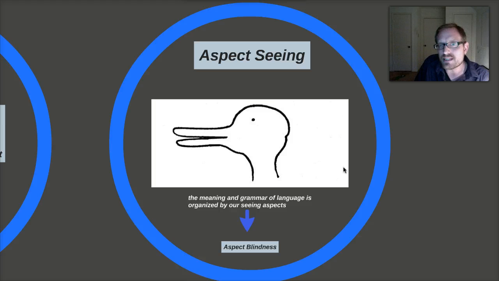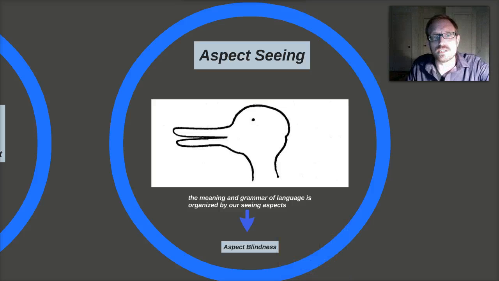And so Wittgenstein begins to think about this idea that it looks like the meaning of the grammar of language seems to be organized by our seeing aspects, where there's certain things that people can say, and we may be blind to understanding what they're seeing. And perhaps our seeing aspects are also correlated to our own forms of life and the practices that we're accustomed to. But you can see here, Wittgenstein ultimately begins to develop almost a very different type of logic for analyzing philosophical problems, right? And I love this stuff. I find it fabulously interesting to think about, but I know we're running out of time.